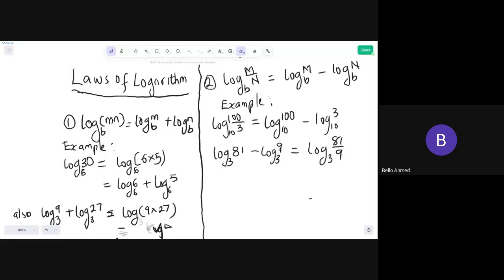I hope we understand this, and I hope this is helpful. Let me quickly check if this is going to work now to write this properly. So this is going to be 3, so this is going to be equal to